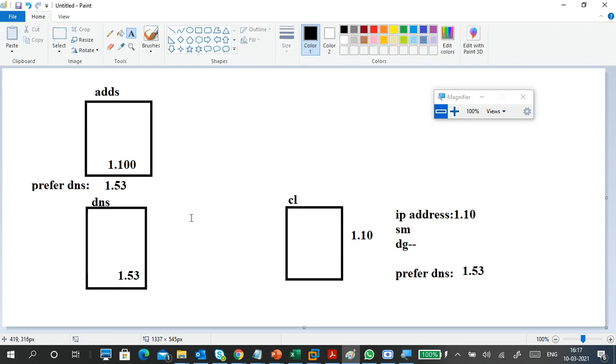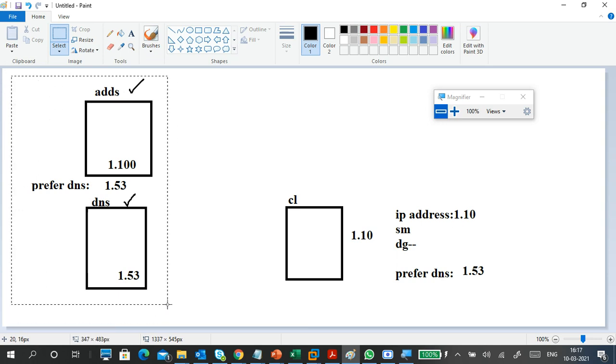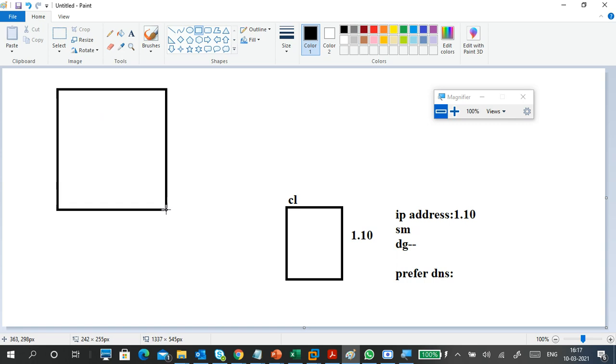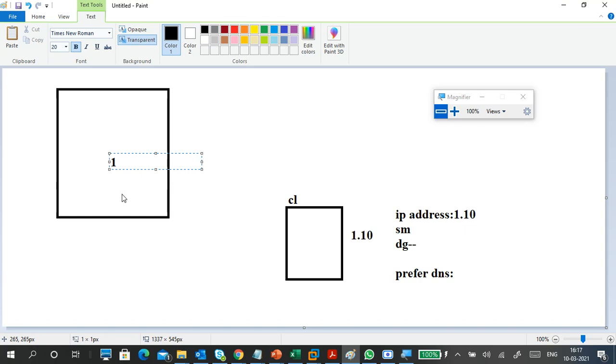Okay, so this is a scenario, but there is a problem because we are not using separate servers. This is a server and this is a server. We are not using two servers here. We are using a single server for both ADDS and DNS. Then definitely there is a problem. If you understand this concept, you will understand the next concept, because the next concept is a little tricky. Here I gave, for example, 1.254. What happened?